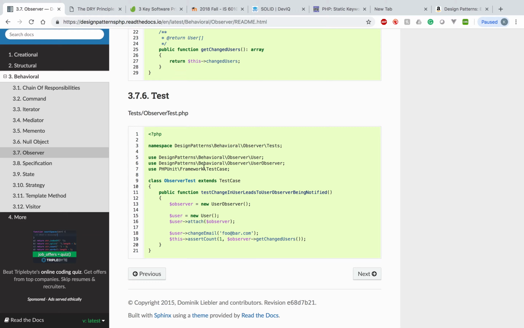PHP. The insight into the design patterns and programming and why we're doing this in the course is that all of the programming languages that are object-oriented, like PHP, Python, Java, all of those implement the same design patterns. So in fact, the design patterns are the vocabulary of programming. It's like if you were a carpenter, you would need to know what a saw, a hammer, a chisel, a screwdriver were in order to call yourself a carpenter. Well, in order for you to be considered a programmer, these design patterns are things that you need to know